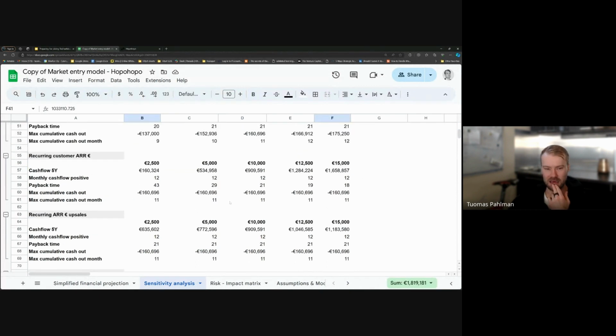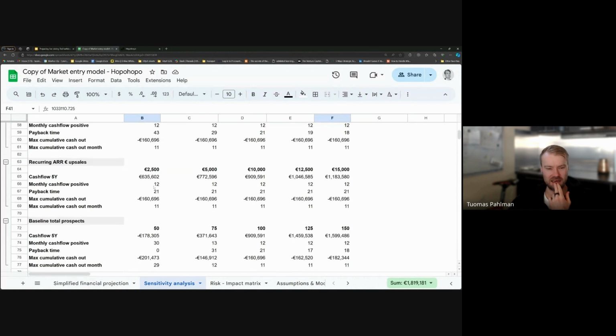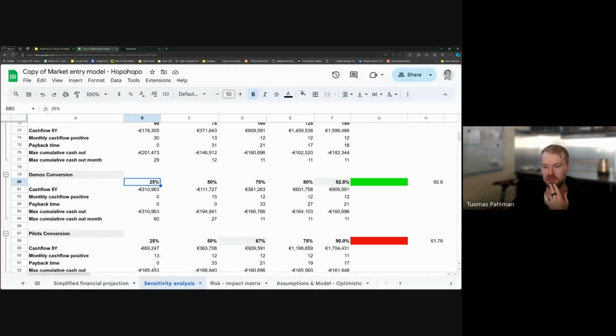But if we change the demo conversion, so from demo to the next step, from 90%, which we used to have, to 25%, that would go from minus 300K up to 1